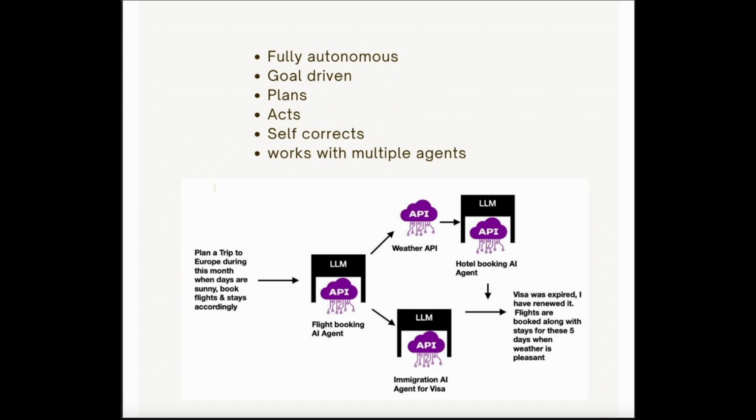Then it checks for that month specifically which days are sunny and starts booking flights and hotels based on those days which it has chosen. So ultimately, if the visa is expired, it's going to renew it, and flights will be booked along with stays for those 5 days when the weather is pleasant. So that's how